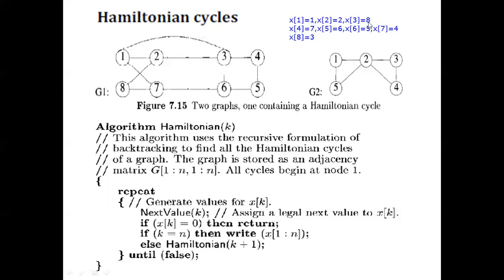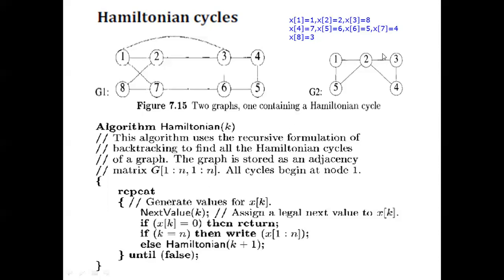I hope it's clear. Next, fourth, which is the vertex I am going to visit? It is 7. Fifth, which is the vertex I am going to visit? It is 6. Then 5, then 4, then 3. For X of 9, if I am writing, which vertex? 1. That is a repetition. That's why I am not showing it, because 1 is going to repeat. This is the way the algorithm is going to calculate.